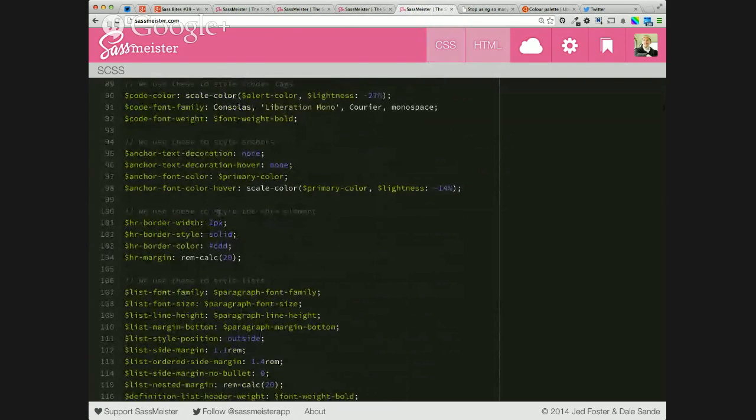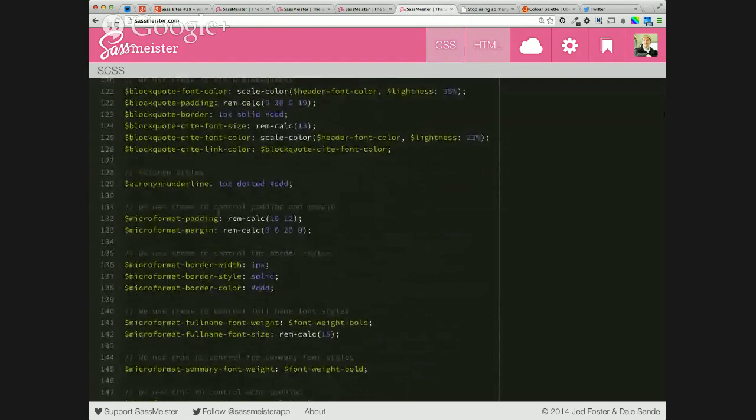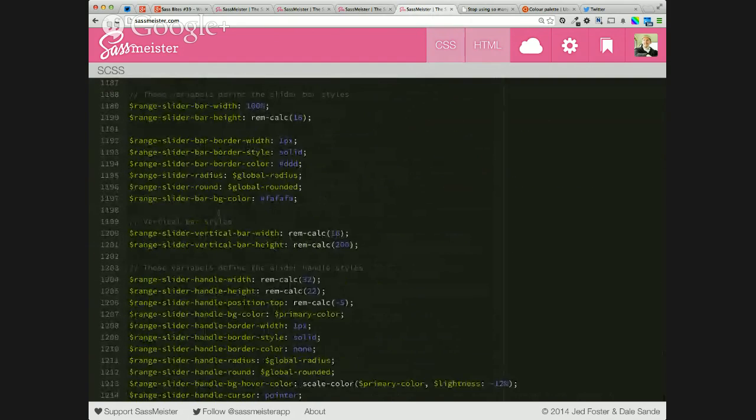Let's do our horizontal rows, and our lists and our block quotes, and let's put everything in variables, which, you can see, there are a lot of variables in here. So they have everything as a variable, and you might think that would be awesome. Now all of our variables are in one place, and it's all controlled, and it's this incredible system. Well, the only problem with this is now we're back to a 1200 line file